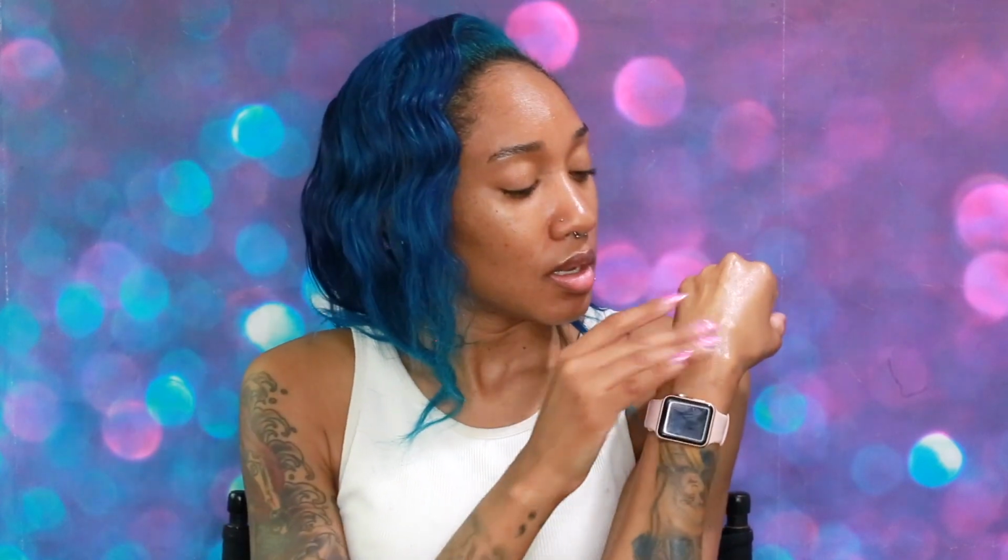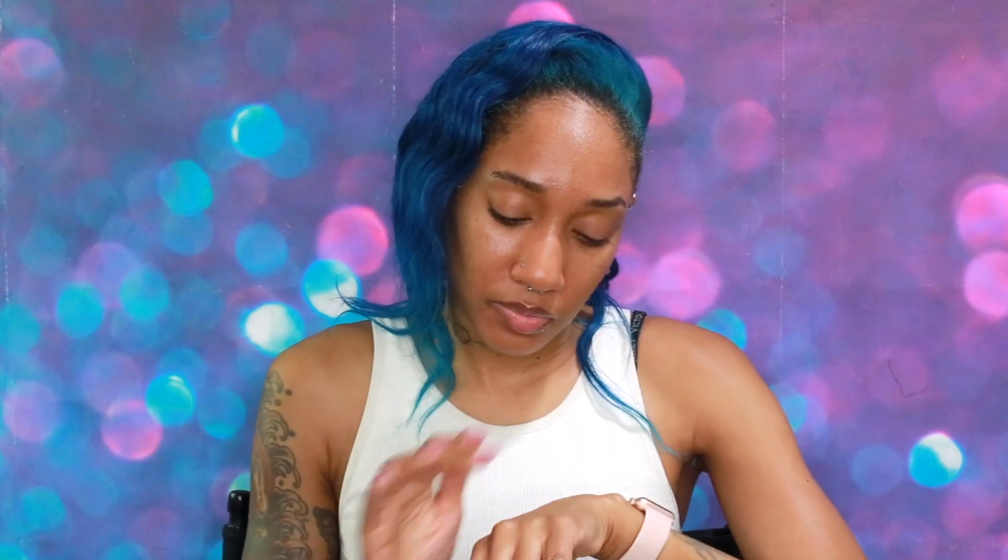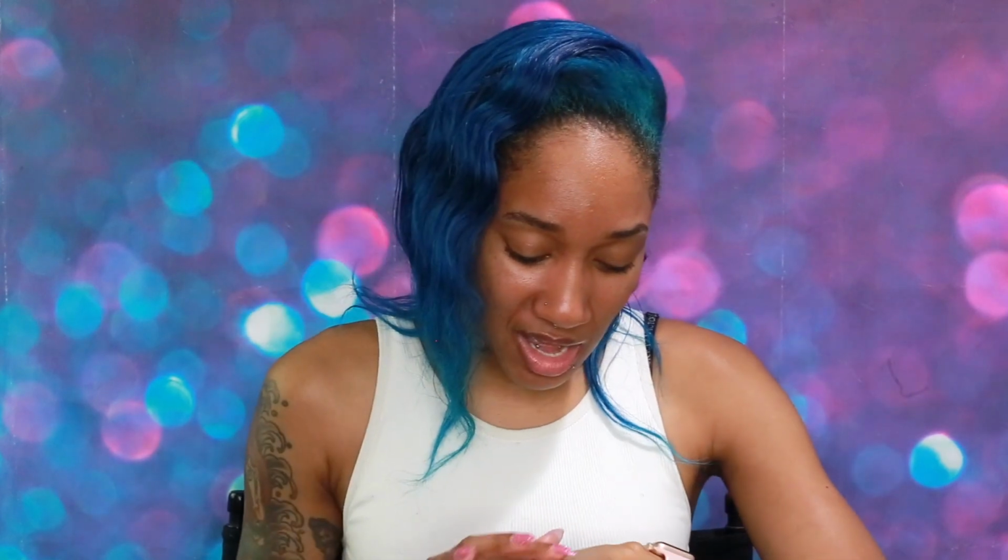So it is very hydrating, so I understand why they say you can use it on dry or damp skin, but it does look very inappropriate. Like, I'm gonna call him, but whatever. Yeah, so there's that. Definitely gentle. Typically with exfoliants, you don't want to use it more than 2 to 3 times a week, just because you need your skin to heal, because it is abrasive. But this is actually very, very light. It says it has amino acids, but